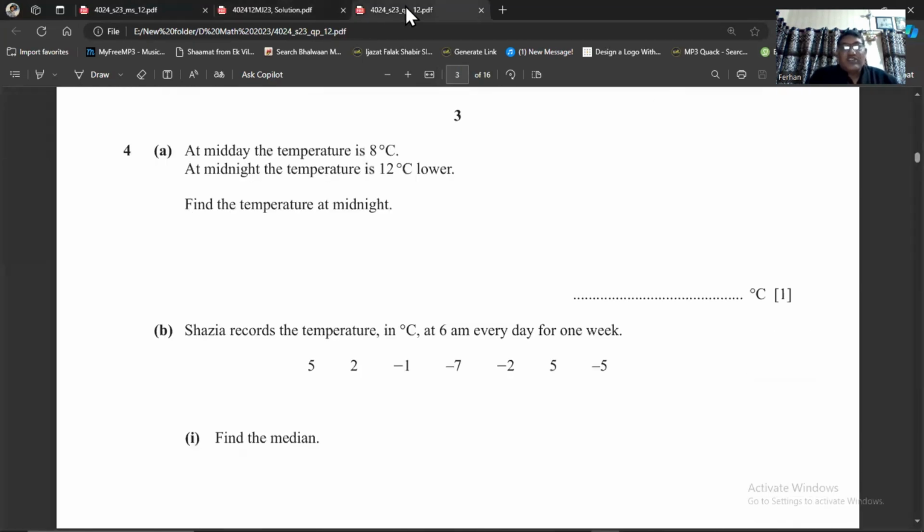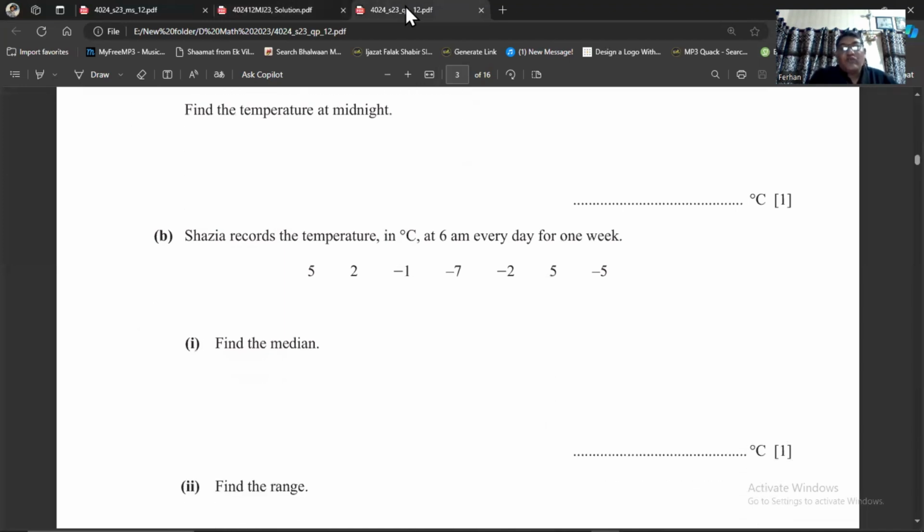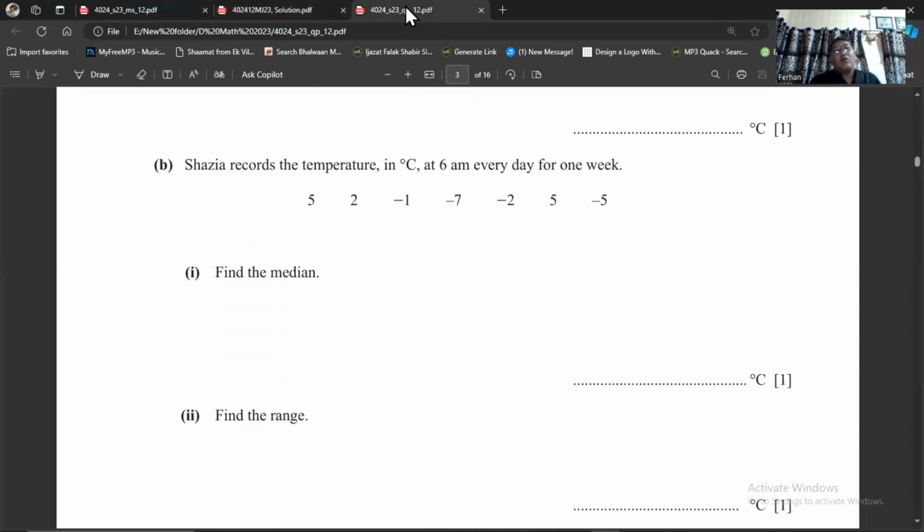Okay, then the question is Shazia, that's question number 4, B part. It says Shazia records the temperature in degrees centigrade at 6 a.m. every day for 1 week. Her temperatures are 5, 2, -1, -7, -2, 5, and -5. Find the median. If you want to find out the median, first of all, you will have to arrange them